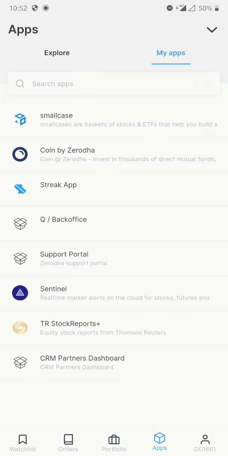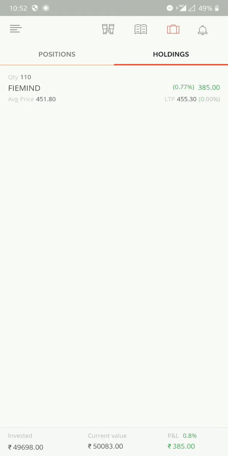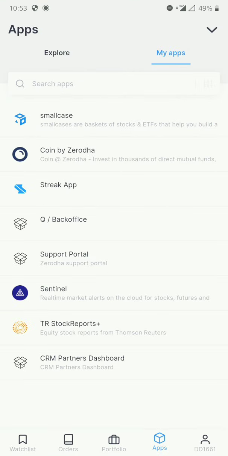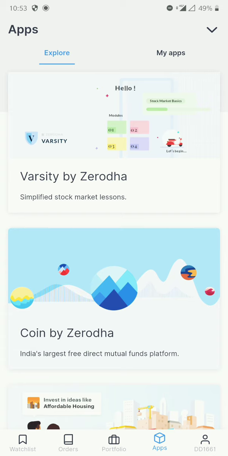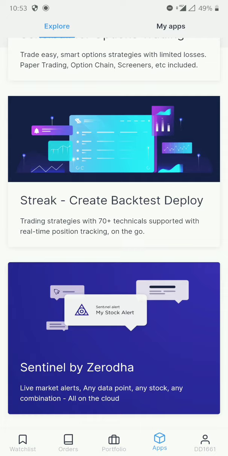Now going to the apps, this option we don't have here directly. So I have all my applications. So if you want to explore something from Zerodha, what Zerodha is giving new. Sometime before, when Zerodha was giving something new, we didn't know what they were giving. We had to see some YouTube channels, YouTubers, or some news report. Then you'd get to know what Zerodha is giving. But now if you go to explore, you'll get to know what all Zerodha is doing. Everything will be updated here, anything new or old. So if you haven't tested, you can go and check everything.